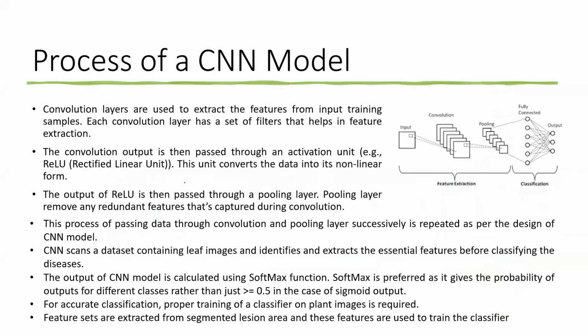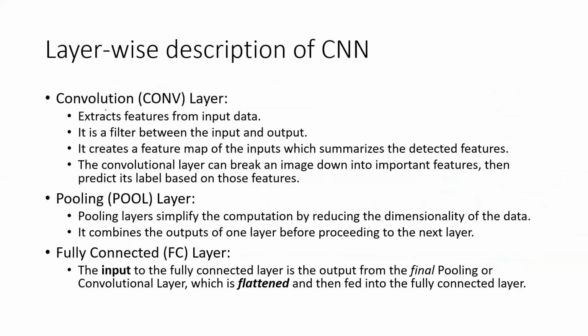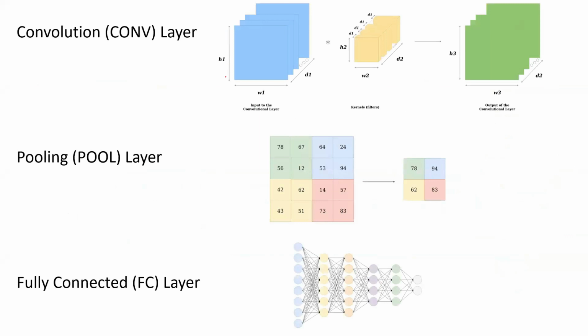Okay. So the process of a CNN starts with the convolution layer. So what exactly is the convolution layer? In case of convolution, we have this image with us that has height, width, and we can say depth, so the number of channels we have. So that is the input to the convolution layer. Then we have kernels, or we can say filters, that will help you extract the useful features, like as we discussed earlier, vertical edges or horizontal edges. Okay, so these kind of filters you can set, and then the output of this layer is basically